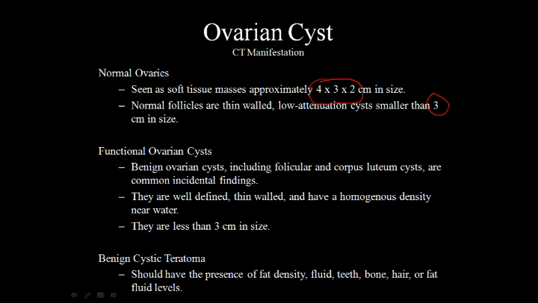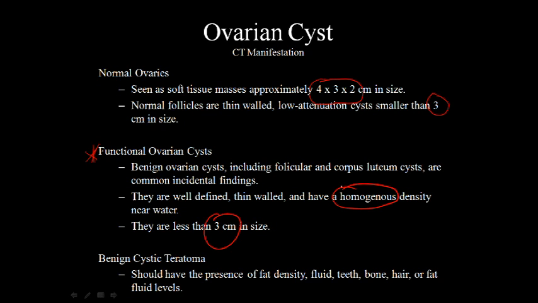Functional ovarian cysts are benign ovarian cysts, including follicular and corpus luteum cysts, and are common incidental findings. So this is going to be your most common incidental finding. They're well-defined, thin-walled, and have a homogeneous density near water. They're less than 3 centimeters in size, so they're going to be quite small,